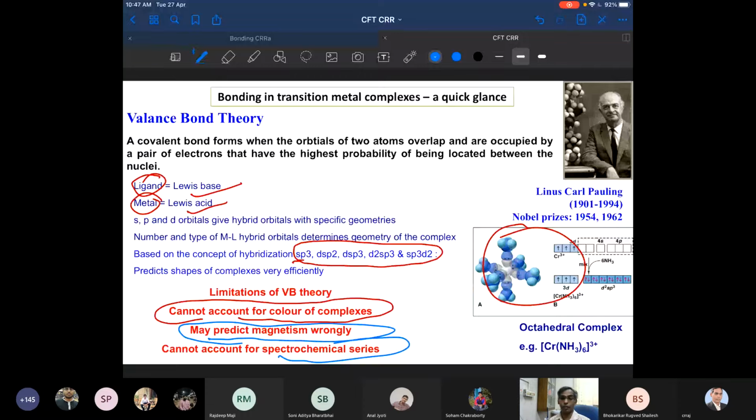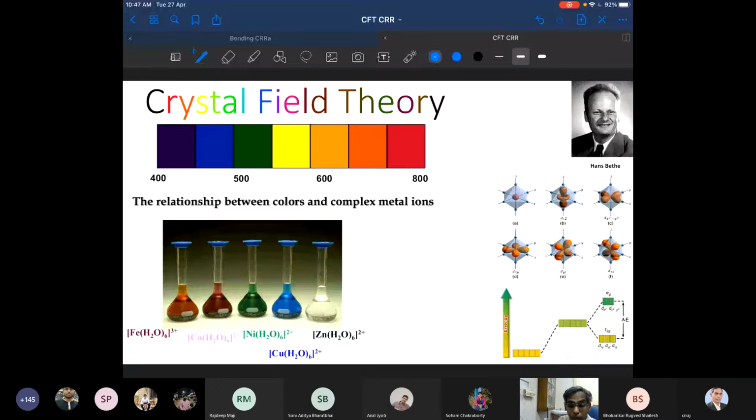Now, here comes the crystal field theory, right? Crystal field theory was not developed by Werner or Jorgensen. Don't mistake that. The coordination chemistry foundation was laid by Jorgensen, followed by Werner. Werner has the primary valency and secondary valency. Then he got the Nobel Prize. Here comes the man who actually developed the crystal field theory, commonly called the CFT, right? Crystal field theory.